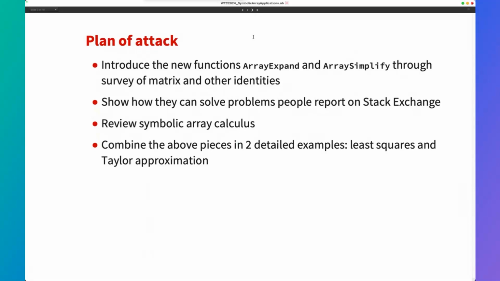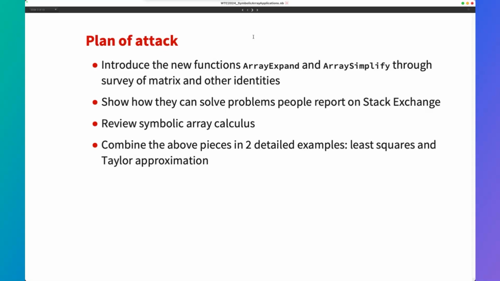So Adam gave an introduction to symbolic arrays and their calculus just before lunch. If you've seen that talk, that will certainly help, but I'm not going to assume that you went to that talk, so I will review things as needed throughout. I'm going to introduce the functions ArrayExpand and ArraySimplify through a survey of matrix and other identities. Then I will show how these can be used to solve problems people report on Stack Exchange. Then a quick review of symbolic array calculus, and then I'll combine all these pieces into detailed examples,